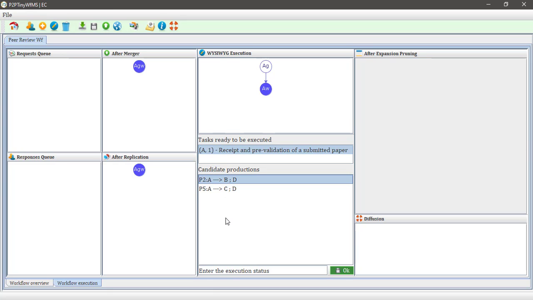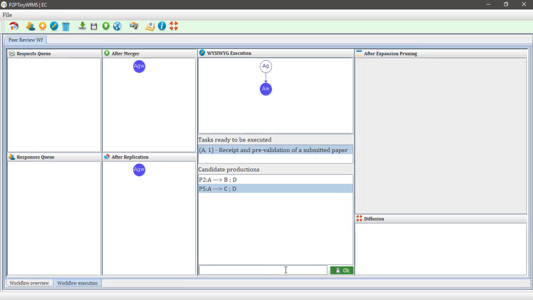If the editor takes the first production for the continuation of the process, he has made the choice to reject the paper. If he takes the second production, the production P5, he has made the choice to send the paper to an associated editor who will carry out the peer review process of that paper. Let's choose the production P5